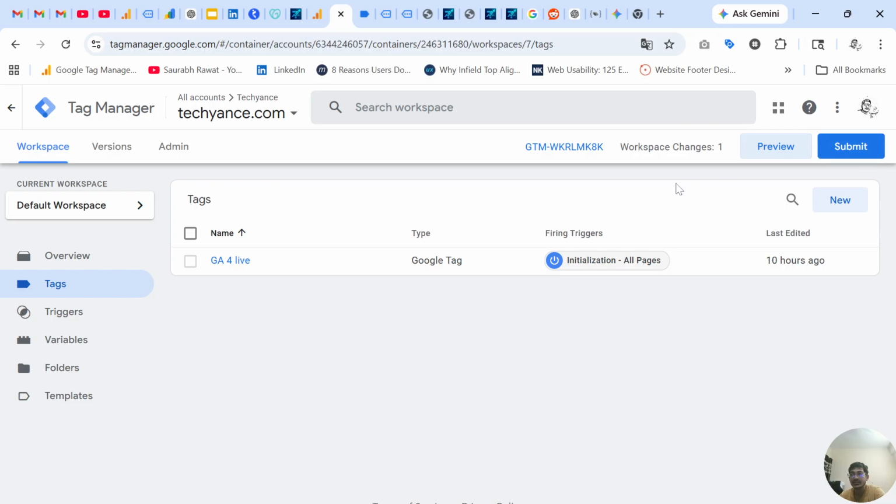Now you can create here events, scroll events, and button click events and anything. So it is more helpful and easy to use. You can keep all the code in one place. You can also add Google Ad scripts, Facebook pixels, and one more thing, you can add any other scripts from